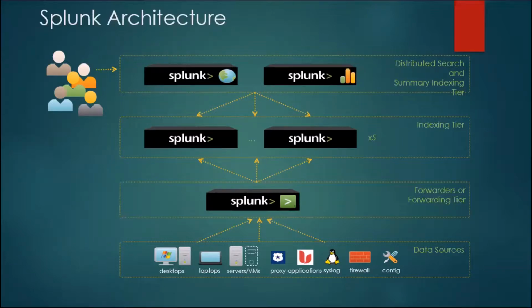And then you have your distributed search heads and summary indexers, where you have another tier, with search heads and the summary indexers, which will pull the metadata out of the indexers and say, okay, now I've got so much data, let me understand what type of data I have got. At a glance, can I really understand Splunk inside Splunk type of data?